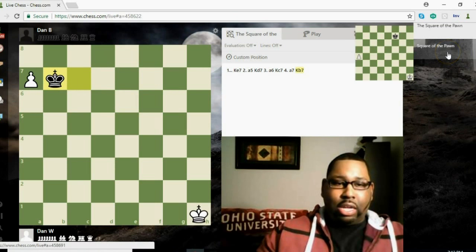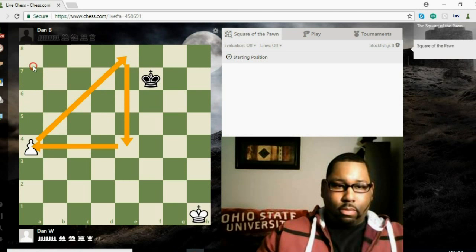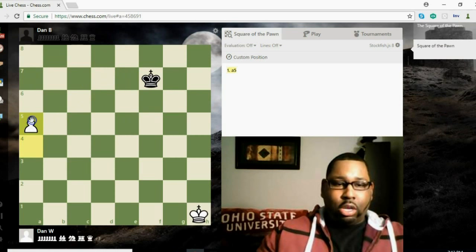Now let's go ahead and look at a position where it's white to move here. Let's draw our square here. Okay, so we have our square drawn on the board. Now it's white to move. If this was black's move, he could step directly into the square. But it's white's move here. So white plays a5, right? So now if we draw the square,